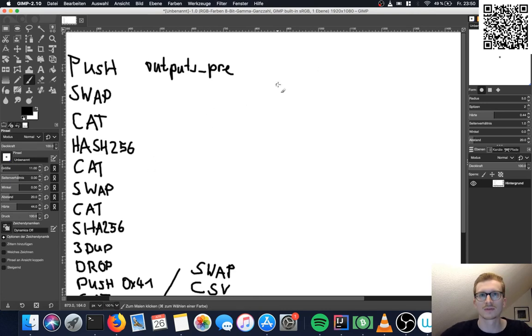So the first thing that will be pushed is the public key. Then there's the signature. After that we have the pre-image beginning, I call that P1.